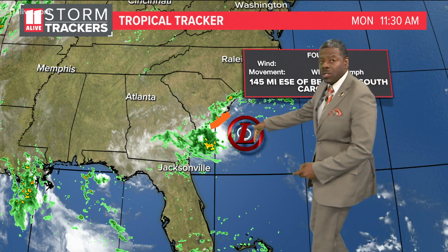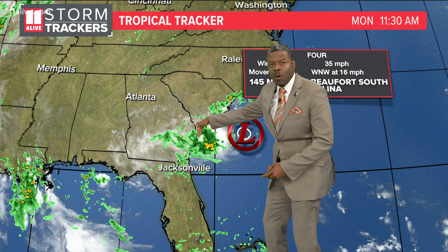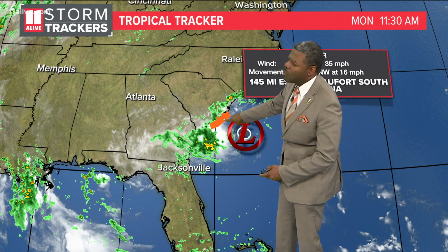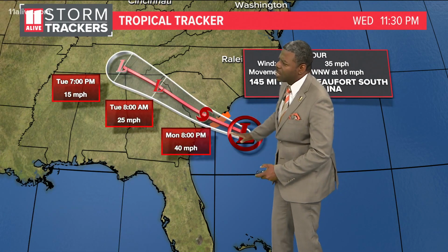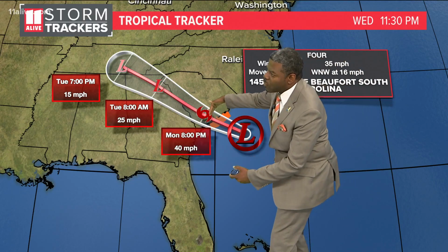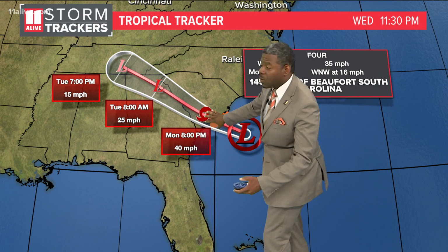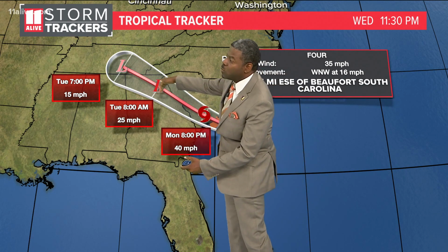Now, it does have the potential to become a tropical storm before it makes landfall, and that will happen later on tonight through tomorrow morning. You can see where we have the tropical storm warnings now right along the South Carolina coastline. Here's the latest track from the Hurricane Center. You can see the potential of it becoming a tropical storm with winds up to about 40 miles per hour as it makes landfall. This will be later on tonight, and then notice how it moves up into North Georgia